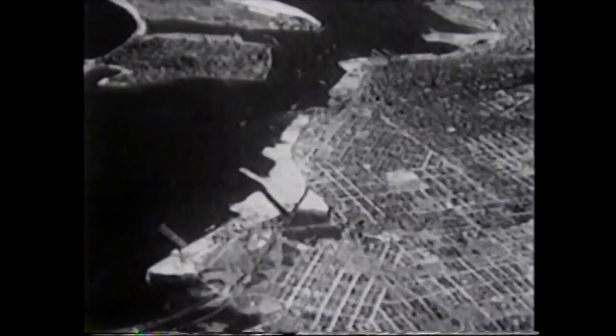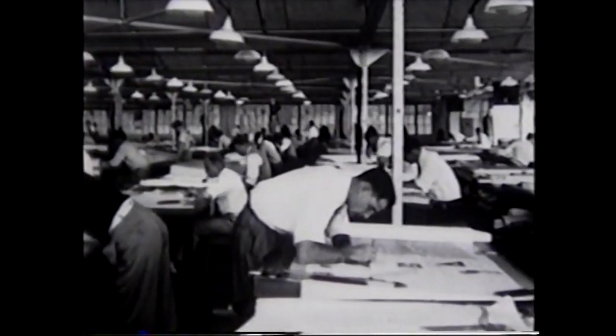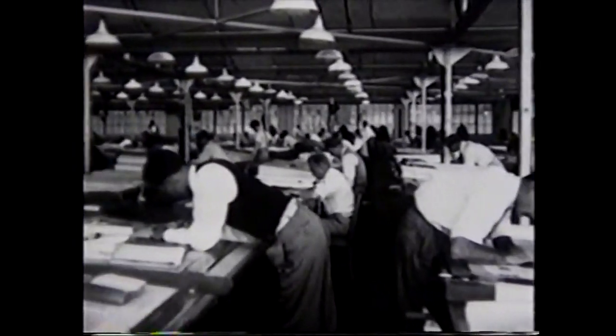As we fly along, we turn our attention to the home of these graceful boats, San Diego, California, with its ideal year-round flying weather, landlocked harbor, and municipally owned flying field. This is Lindbergh. The plant has an area of approximately 750,000 square feet of space devoted to the production of